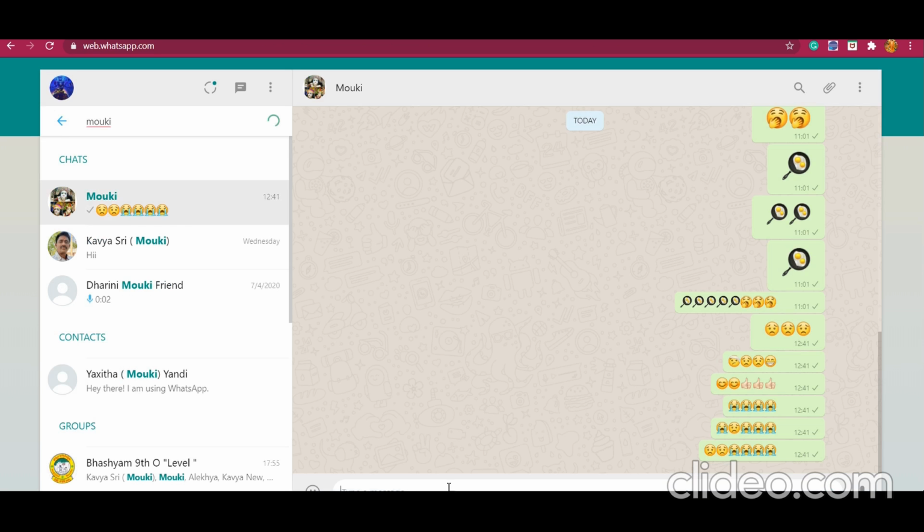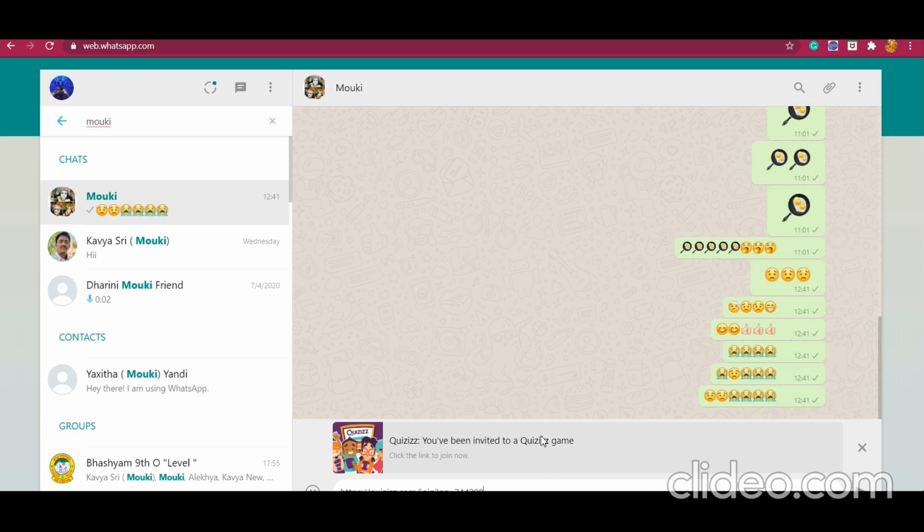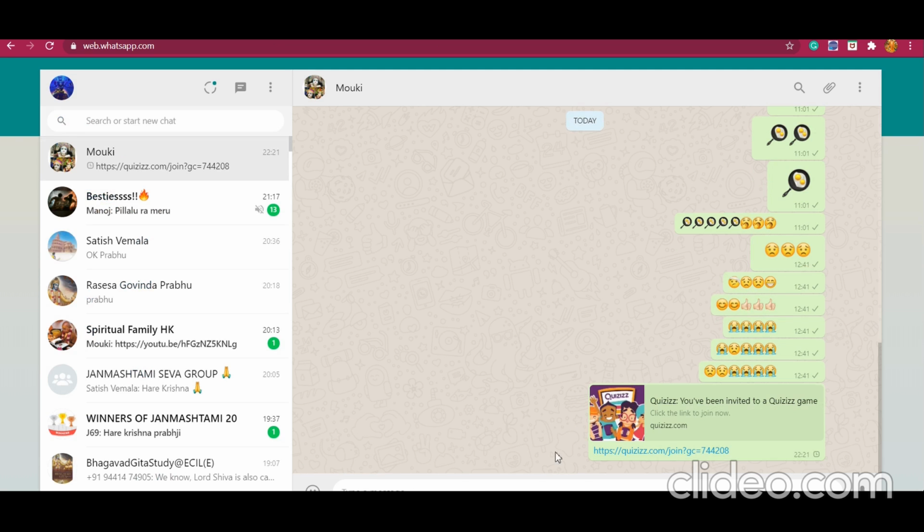You have to paste the link which you have copied and then click enter. If you paste it, it will look something like this.